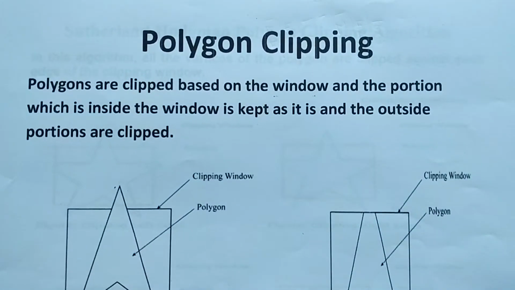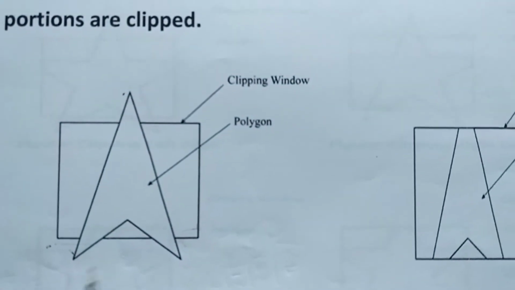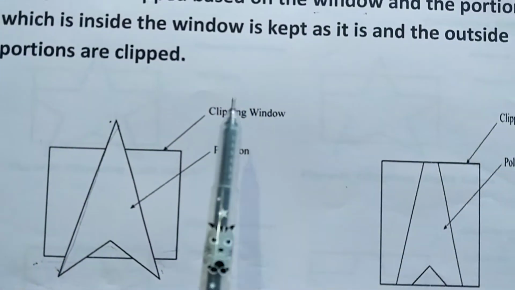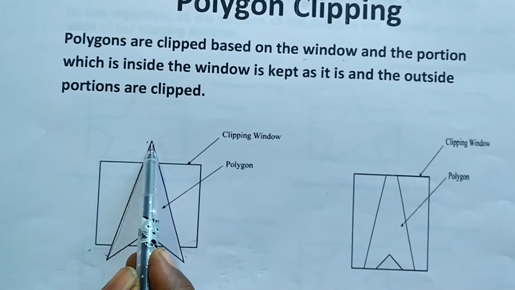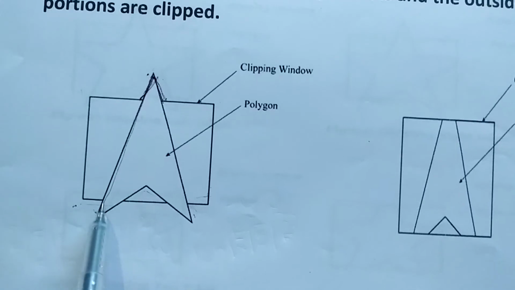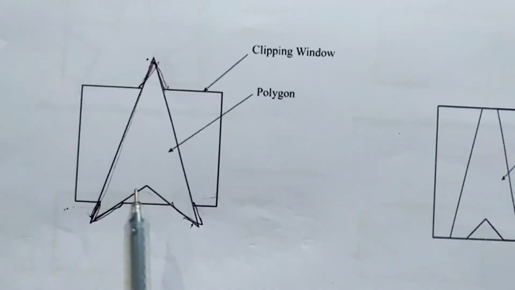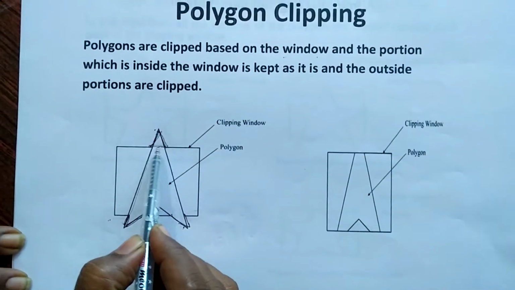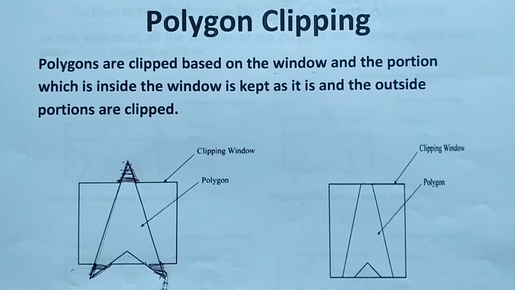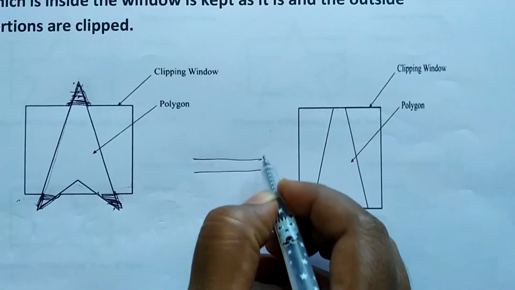Okay, for example, this is the clipping window. Right, in the previous video we discussed what a clipping window is. So this is the clipping window and this is a polygon, right? As per polygon clipping, now we need to see which portion of the polygon is outside the window. See, this is outside the window, and this portion is outside the window, and this portion is outside the window. So as per this algorithm, we need to remove the outside portion of this polygon against the clipping window, right? After removing these portions, we will get the object like this.